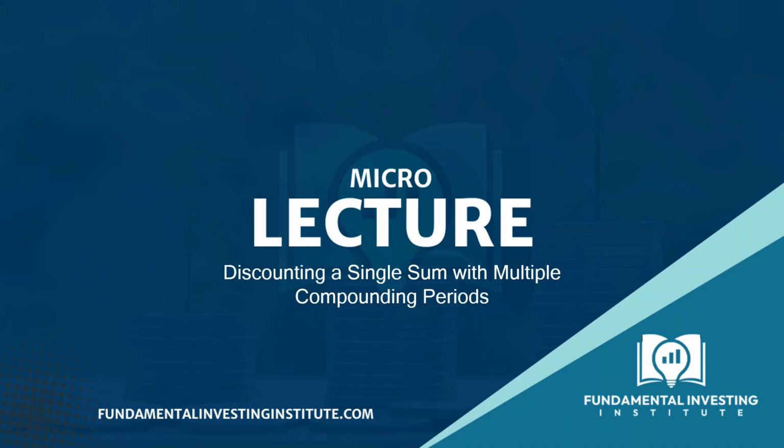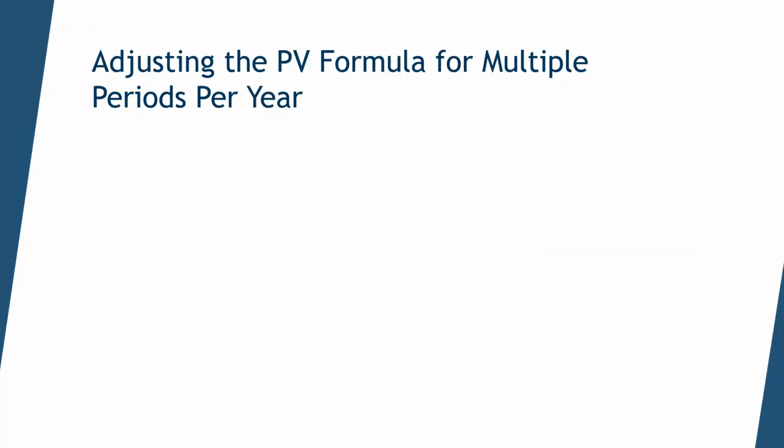Hey everyone, today we are going to look at discounting a single sum when we have multiple compounding periods. So in the previous micro lecture, we looked at discounting a single sum when we had one compounding period. We were just discounting money yearly. Now we're going to see when we have multiple compounding periods in the year, we have to adjust our formula